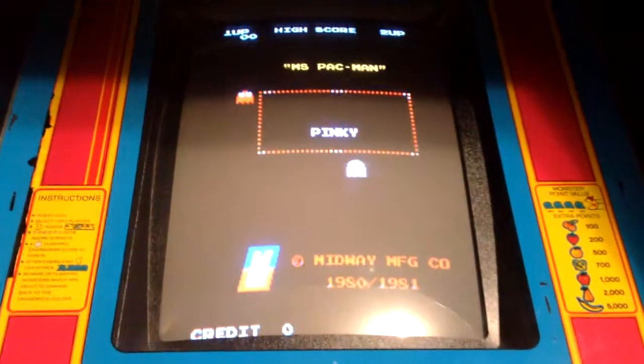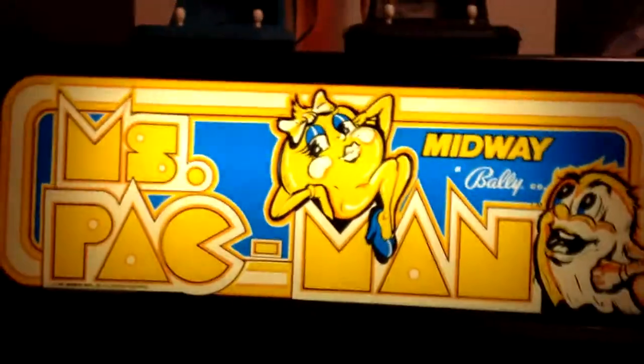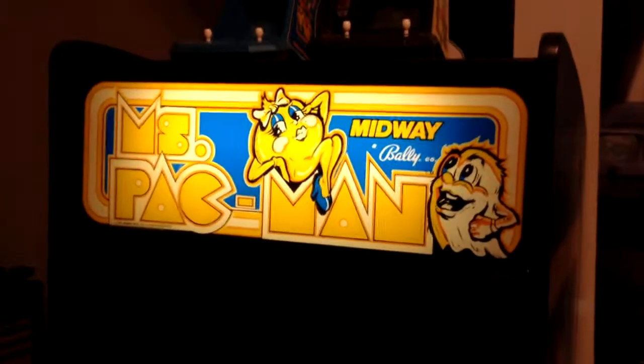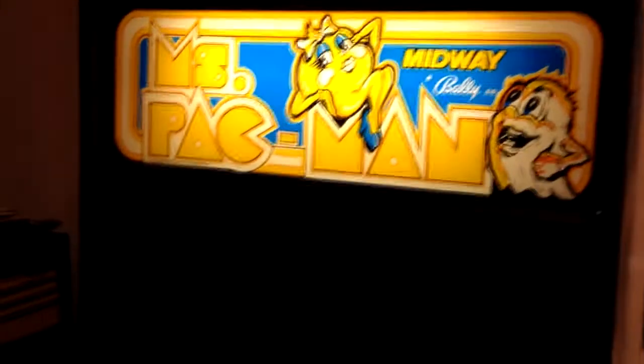Well, let's fire it up and see how it works. Alright, let's go back here and fire up a little secret hidden switch. Here's the CRT power up. And there we go. I'd say the lights and everything's still working. Took a while to figure out how to rewire the ballast and all that in it, but